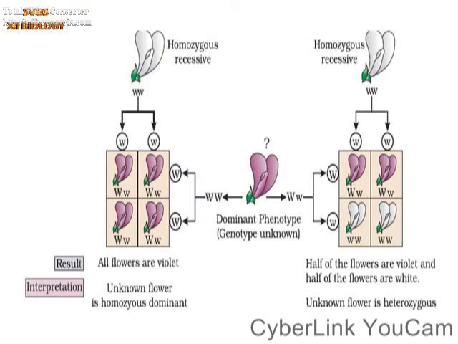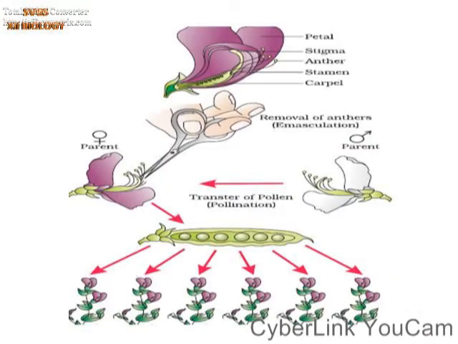Here is the diagrammatic representation of the test cross. In the previous session, we learned that three different crosses were made by Mendel: the back cross, test cross, and reciprocal cross. The test cross is done to find the unknown genotype. This is the known genotype, which is the dominant one. When it is crossed with the unknown genotype, the phenotype will show what the genotype is. So this is how the test cross is made, and Mendel made crosses in this methodology.